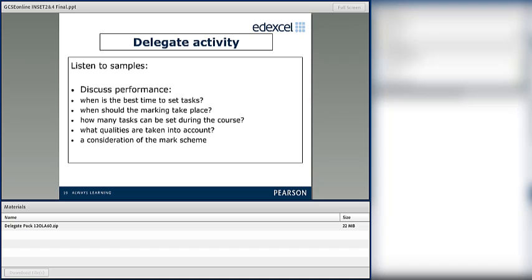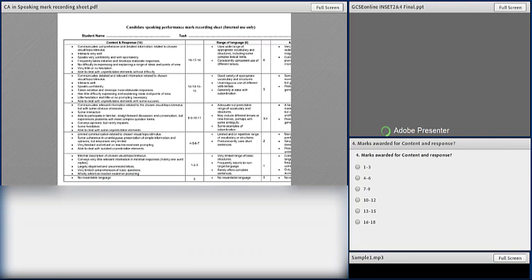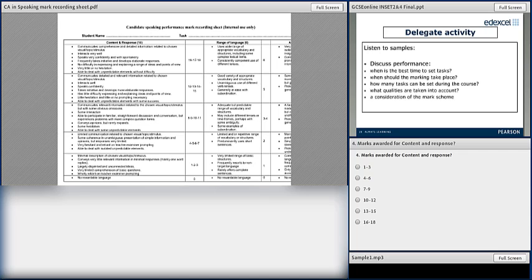What we'll do now is listen to some samples. We're going to listen to 3 samples. As I say, each test will take about 4 to 6 minutes. While we do this, I would like you to have the candidate mark sheet in front of you, for the speaking, because while you're listening, I would like you to try to mark the extracts that you hear.